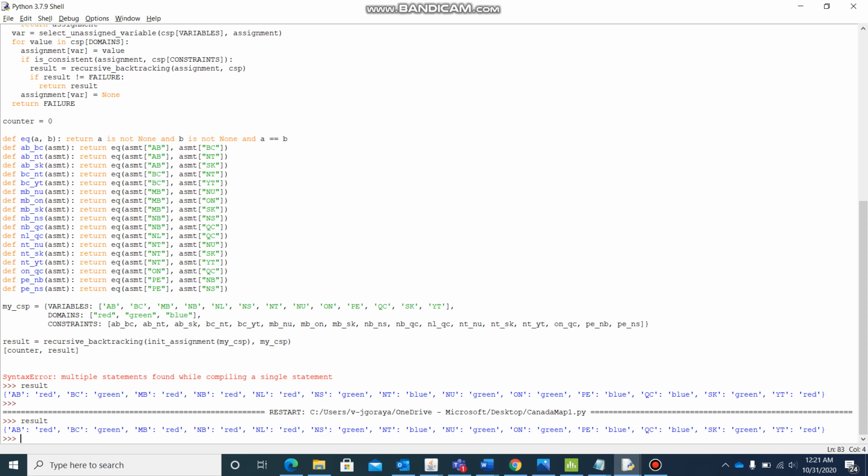Ontario's neighbor is Manitoba, which is showing red, and Quebec is the other neighboring province of Ontario, and it is blue. So the constraints are not violated. That's why we have got the result without any failure, with the provinces and the colors assigned to them.